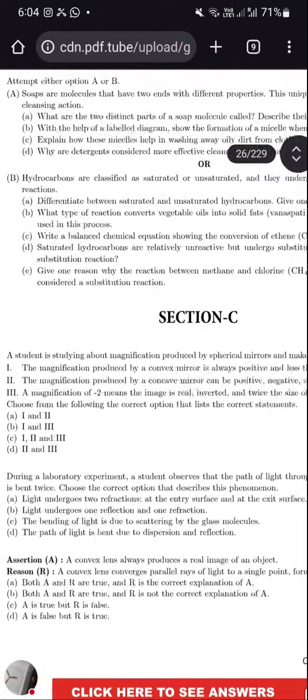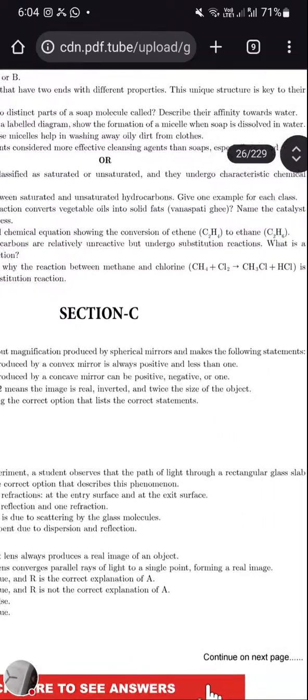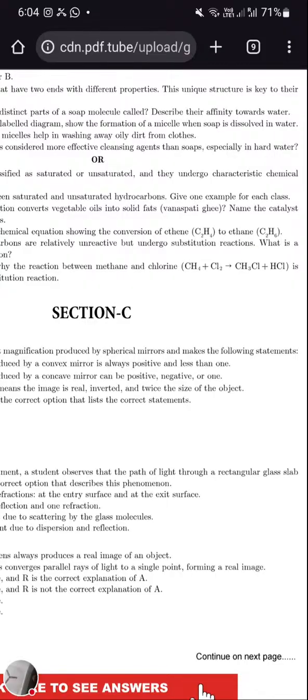Next question. What type of reaction converts vegetable oil into solid fat, Vanaspati ghee? Vegetable oil is an unsaturated hydrocarbon with a double bond. When alkenes undergo a hydrogenation reaction, when hydrogen is added to alkenes,